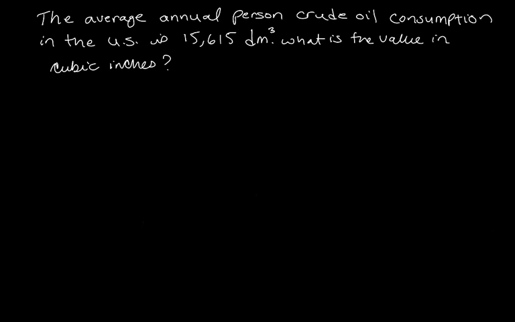Okay, let's try another example. The average annual per person crude oil consumption in the U.S. is 15,615 decimeters cubed. What is the value in cubic inches? So it's cubic, so it means it's a unit of volume. Since we have the unit raised to a power, let's see how we go about doing this conversion. So as always, we start with our given value of